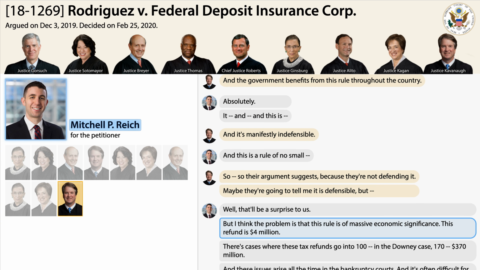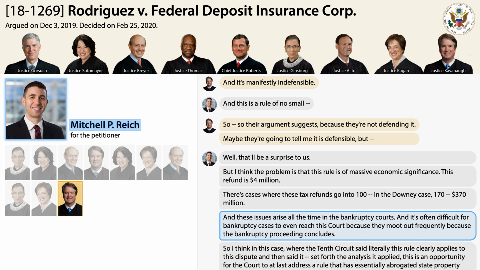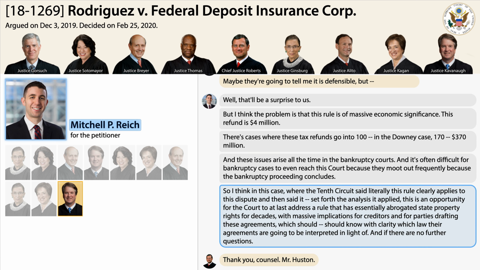But I think the problem is that this rule is of massive economic significance. This refund is $4 million. There are cases where these tax refunds go into the hundreds of millions; in the Downey case, $370 million. And these issues arise all the time in the bankruptcy courts. It's often difficult for bankruptcy cases to even reach this court because they moot out frequently when the bankruptcy proceeding concludes. So in this case, where the Tenth Circuit said literally this rule clearly applies to this dispute and then set forth the analysis that applied, this is an opportunity for the court to at last address a rule that has